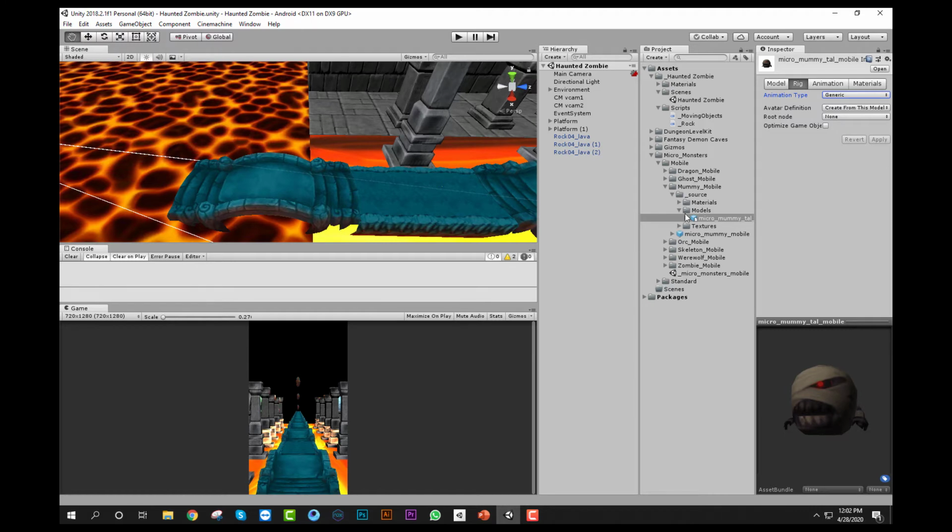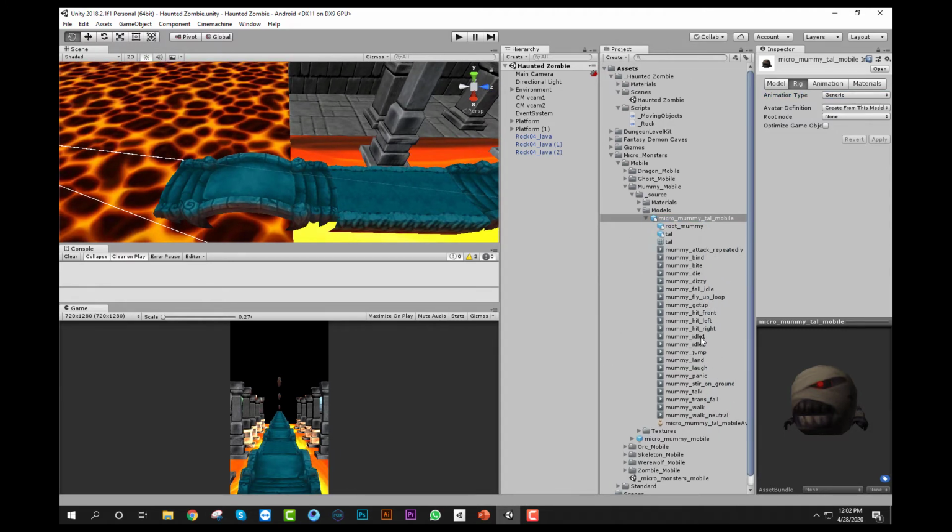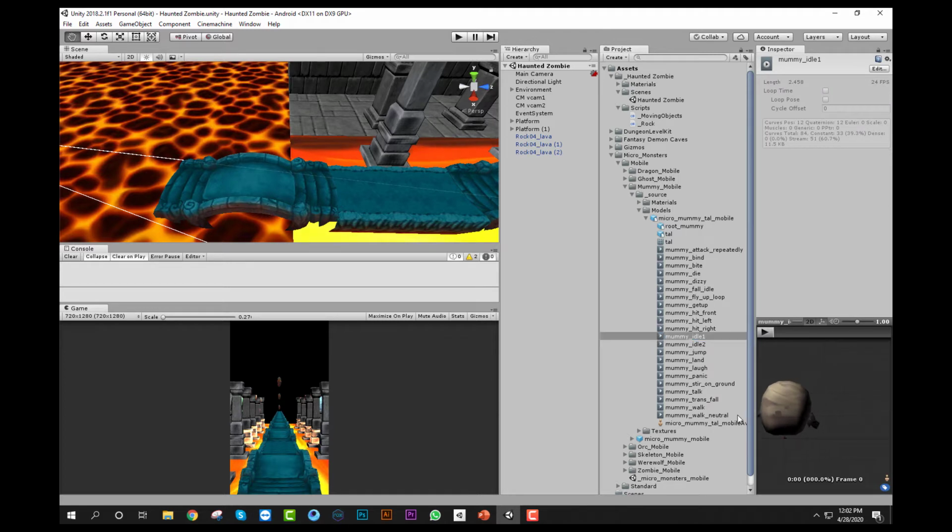Okay, now I will use just two animations. The first one is the idle animation and the second one will be the jump animation, this one. So first of all we will create the animator.